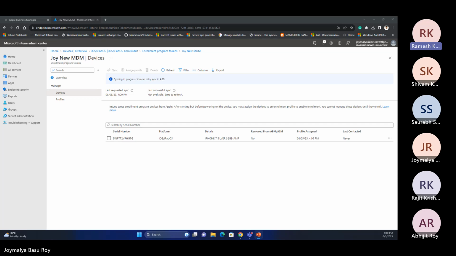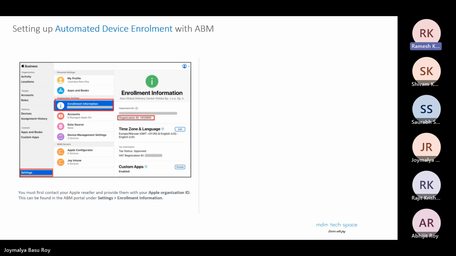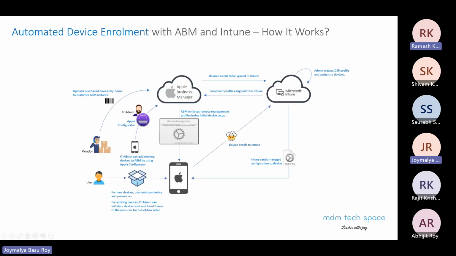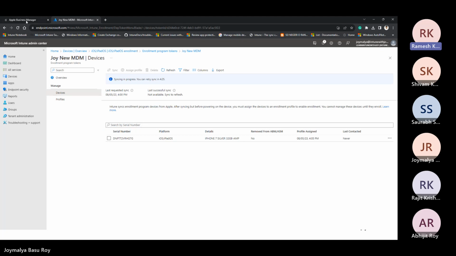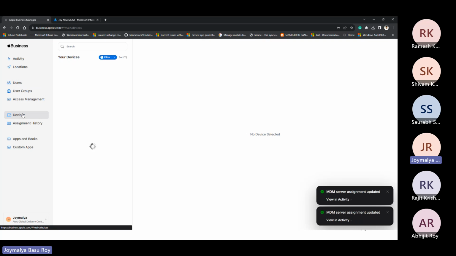So Joy, iPhone 7, it's already been enabled. I mean to say it is available in Apple Business Manager. So in order to upload the device, we need the Apple Configurator to upload the iOS devices to the Apple Business Manager, right? Yes, so these devices that you see in here, these are the devices that are already